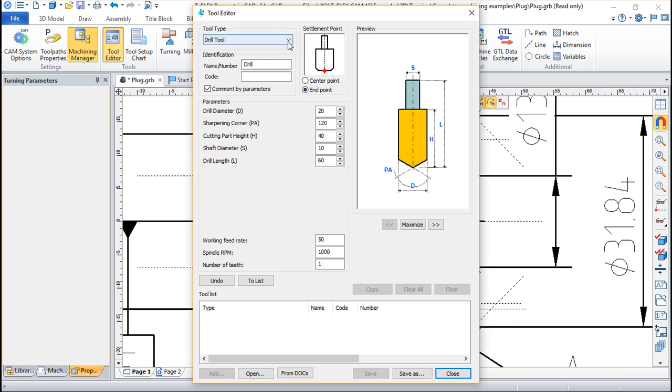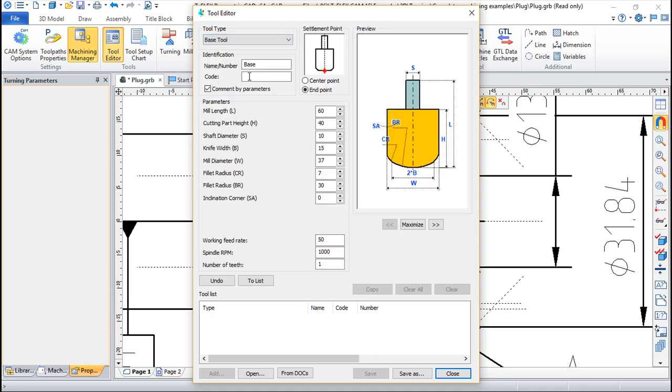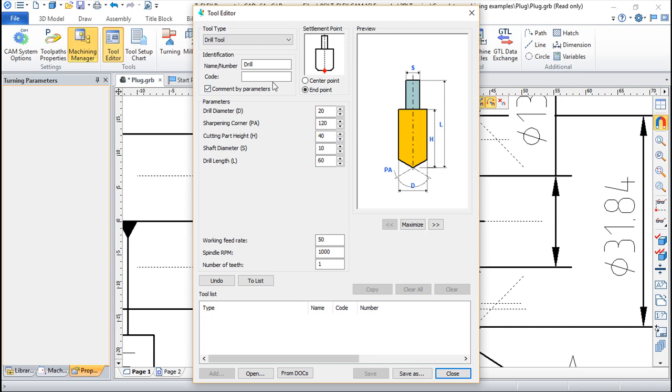We can use this threading cutter, not this one again. We can use this, which one? No, the drill tool, we can use it. We can have parameters on this, define the diameters and the corners and so on. For this particular case,